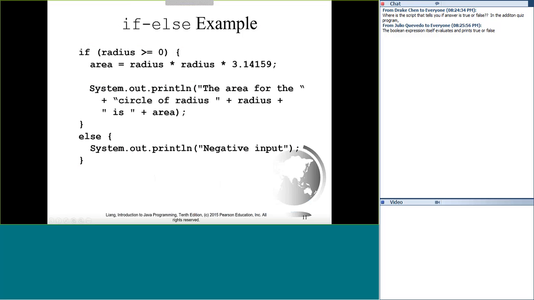Else, we're going to print negative input. So you're not going to waste your time processing all this. You're just going to print out negative input. And you really don't need these curly braces because you only have one statement in here. So you could just eliminate this curly brace and that curly brace, and everything would process identically.